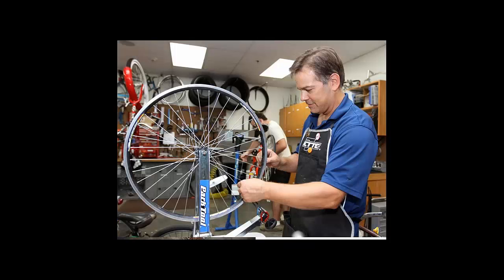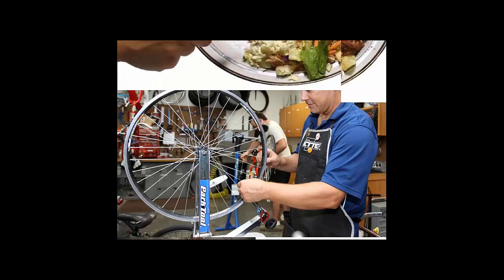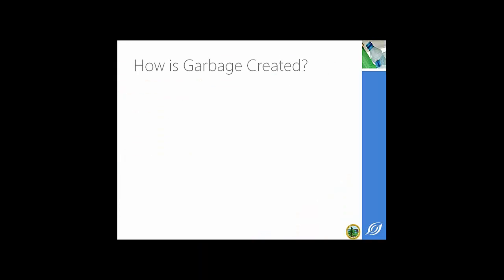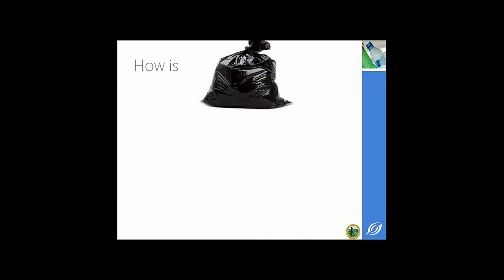We can repair things like bicycles so that instead of throwing them away, they're a resource for somebody who needs a bike. And even things like food scraps can become a nutrient-rich soil compost that can help our agricultural industry. So that's what we're talking about when we talk about a resource management system: not looking at things as waste, but looking at a circular system where they come back and have a purpose in that system.